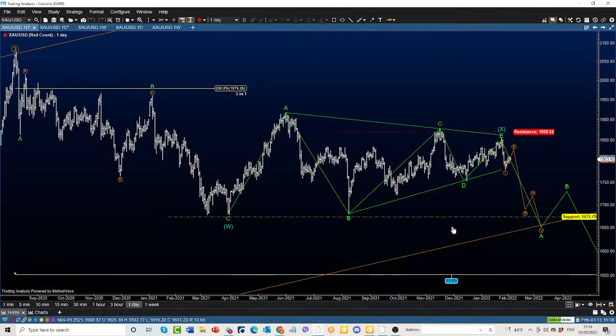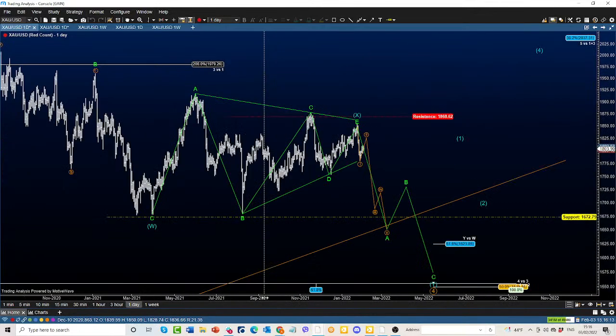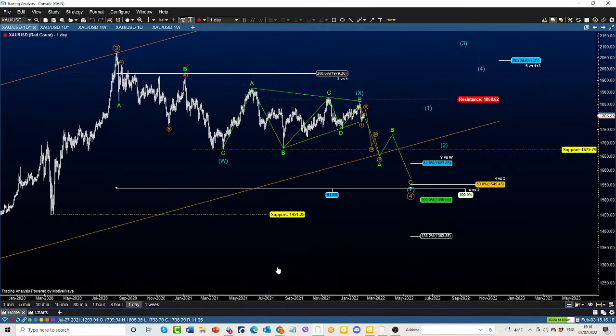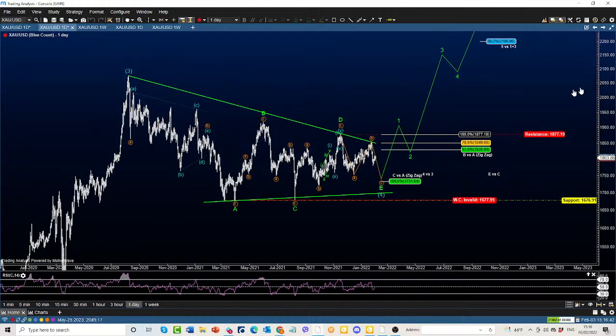It is also possible we are forming a little bit more complex correction, because with the wave 4s there is a couple of forms which can actually morph. And in this case, this will be a little bit more aggressive move to the downside, breaking this key 1,672 level and going a little bit further down to 1,550 levels, where we can expect a potential reversal on the upside. So my primary wave count is this triangle, and it is pairing well with the actual developments that